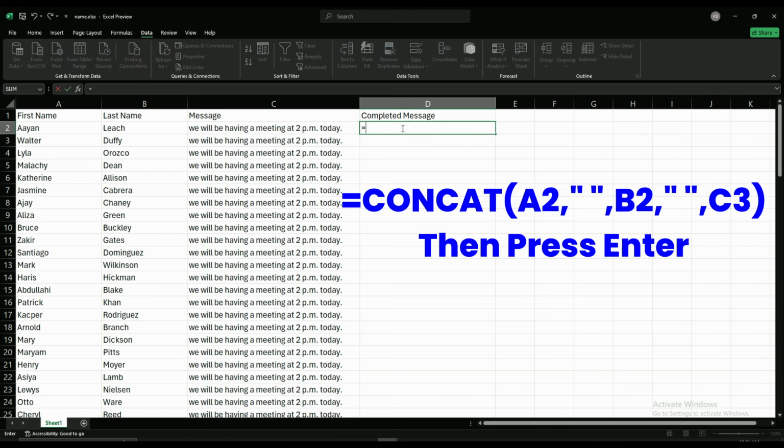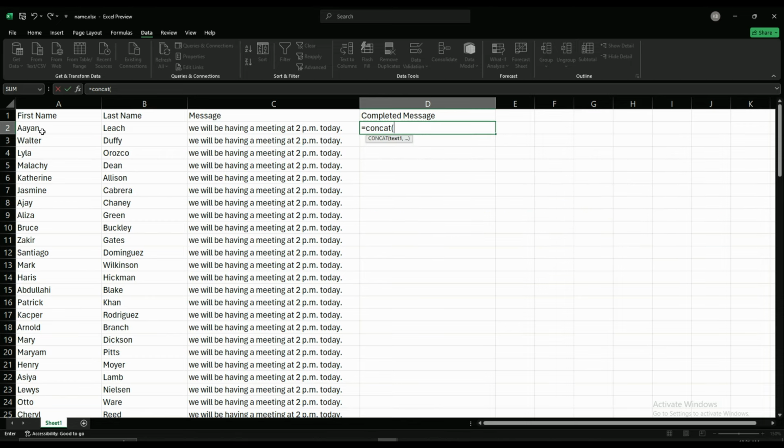So we use equals, C-O-N-C-A-T, open parentheses. Now let's click A2 for the first value, comma. Now we need to include a space, or else there will be no space included when you combine them. So we'll do quotation mark, space, another quotation mark, comma, and then we need the next value, which is B,